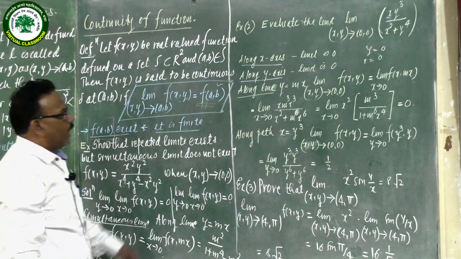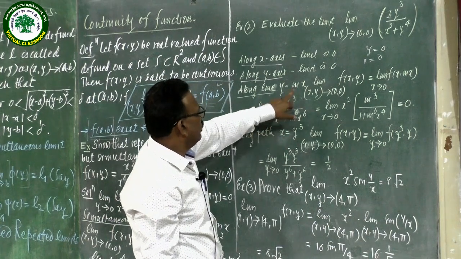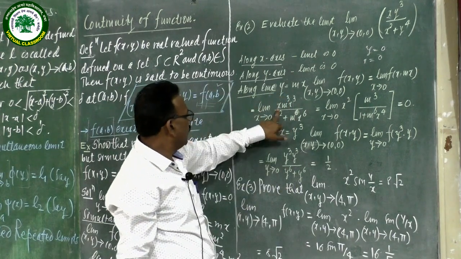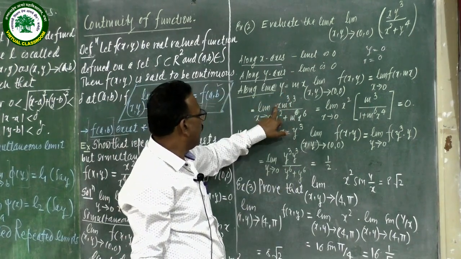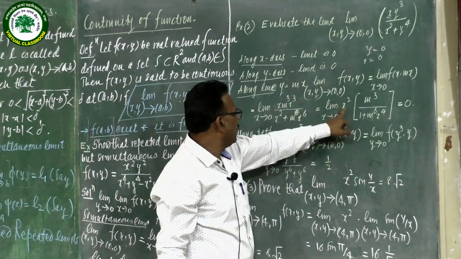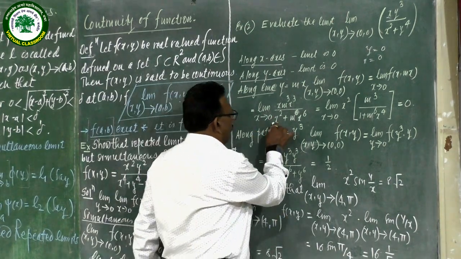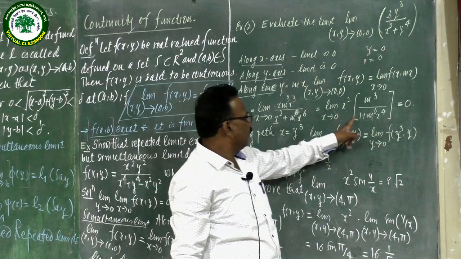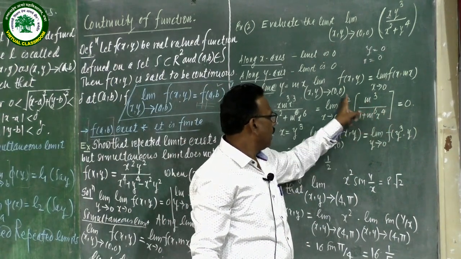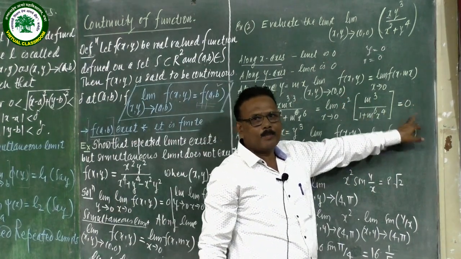Now we can take the path y is equal to mx. Here in this case, the function will be converted to a function of the single variable x. With y replaced by mx, the numerator becomes x into m cube x cube, and the denominator has x raised to 4 terms. Taking x square common, it gets cancelled from the denominator, and the remaining term will be m cube divided by 1 plus m raised to 6 x raised to 4. Limit as x tends to 0, the value is again 0.